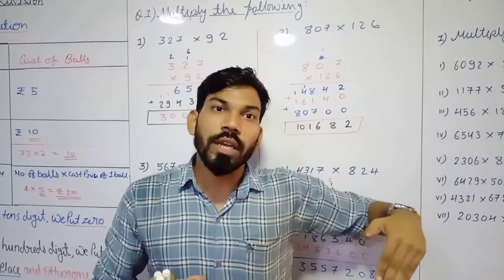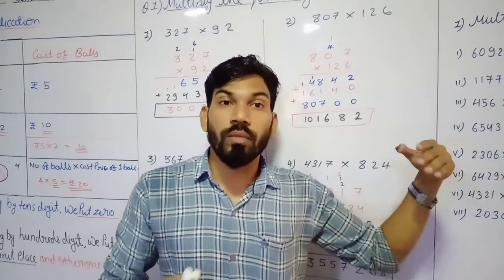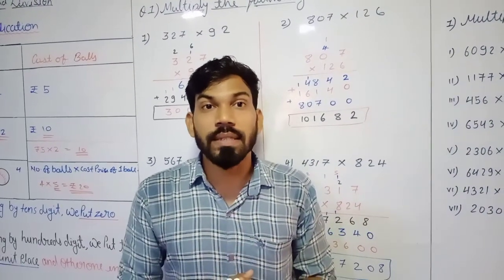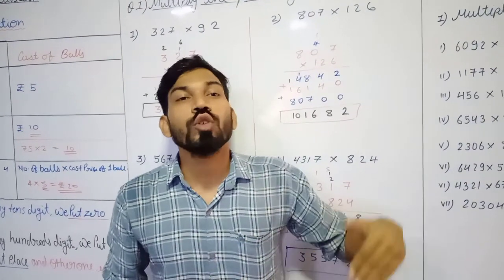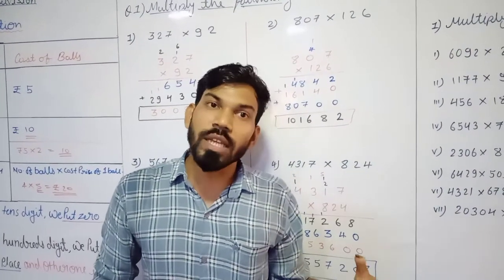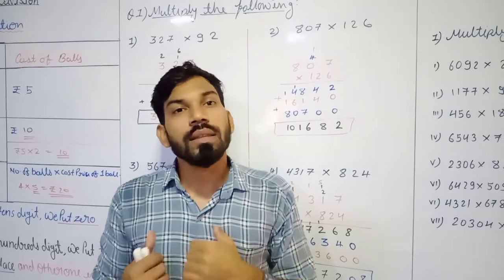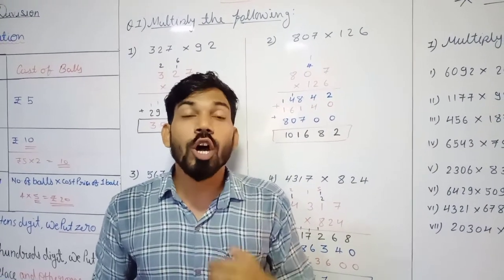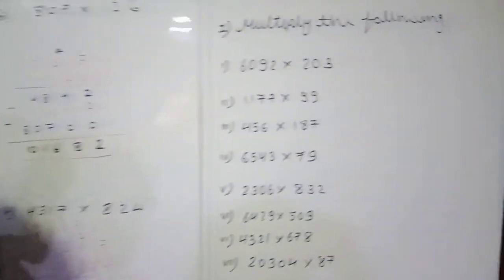In the same way, whenever we are increasing the number of digits by which we multiply, in the next line the number of zeros also increases. In this way, keeping all these things in mind, we can easily do the sum of multiplication. So on the basis of this, today you have a few sums for your homework.